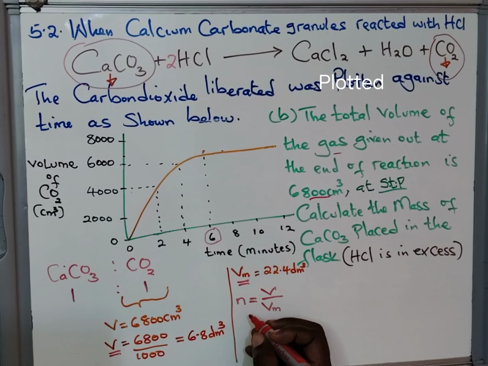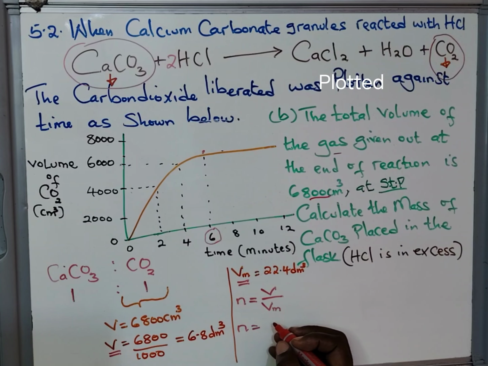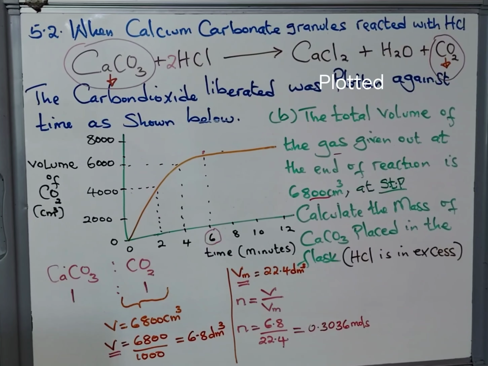Okay, what does that mean? That n is going to be, what's the volume of the gas? It is 6.8. And what's the molar volume? 22.4. This one gives you the number of moles. So there we are. We have the number of moles of carbon dioxide given here,